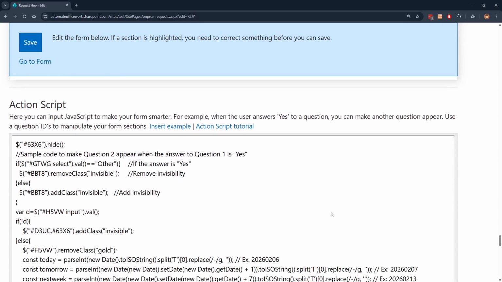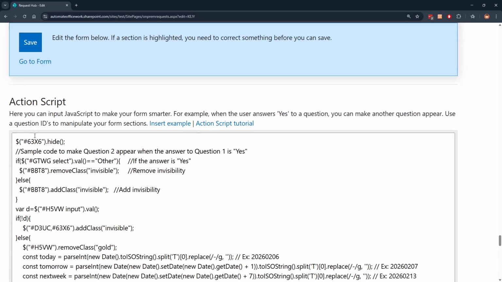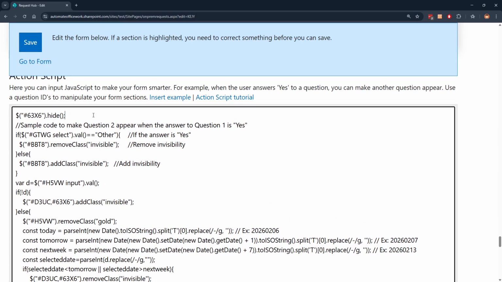Okay, below this is what I called ActionScript, and it says here you can input JavaScript to make your form smarter. For example, when the user answers yes to a question, you can make another question appear. Use a question's ID to manipulate your form sections. And we do have an example you can insert, as well as an extra document for a tutorial if you need extra help on how to create these. But this one says by default you always hide. I believe this is that error box